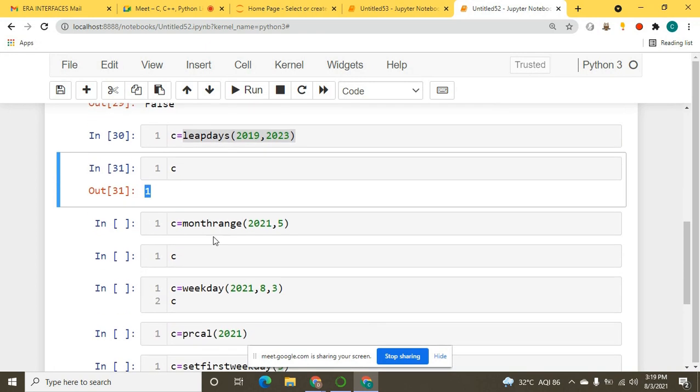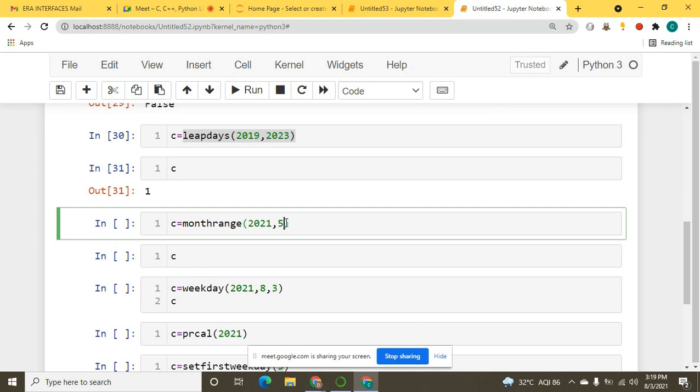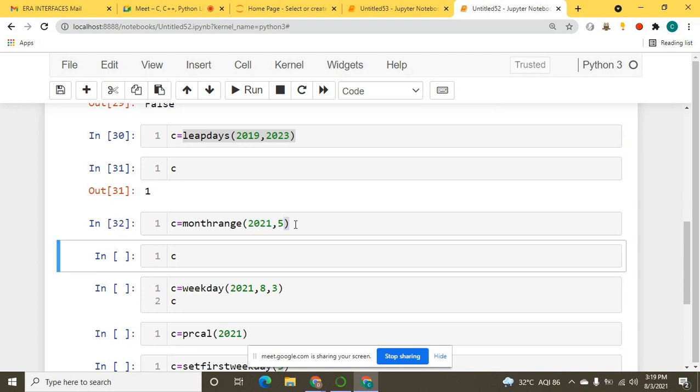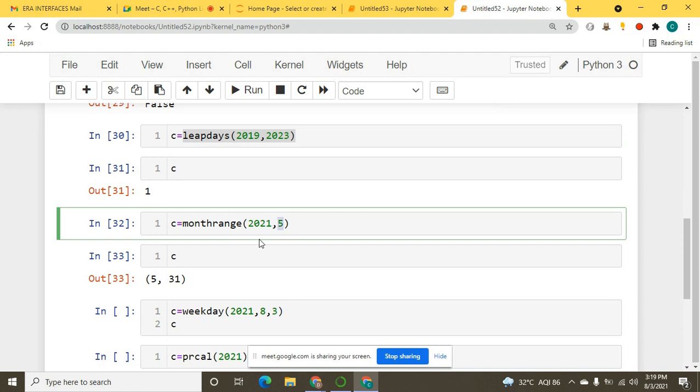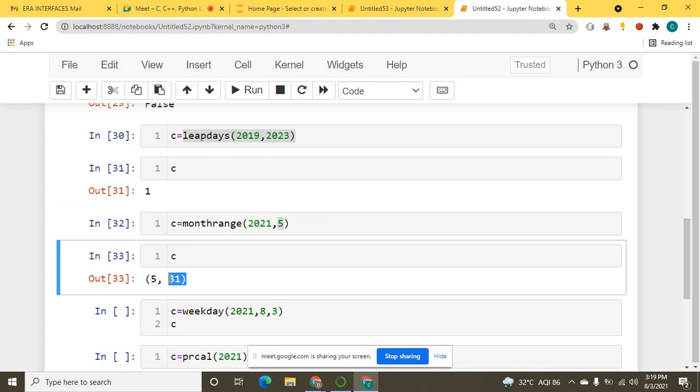Now I want to find out the month range. I said 2021 comma 5. Let us execute that and see the result. Here we get that in the month of May, in 2021, we got 31 days. And what is this 5 signifying?